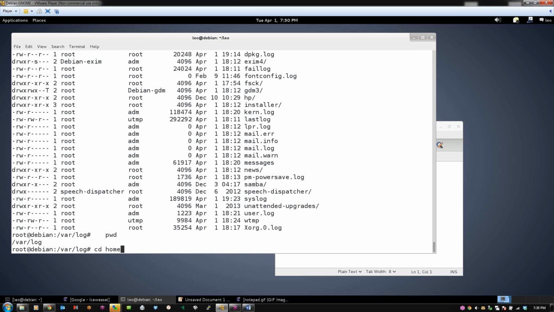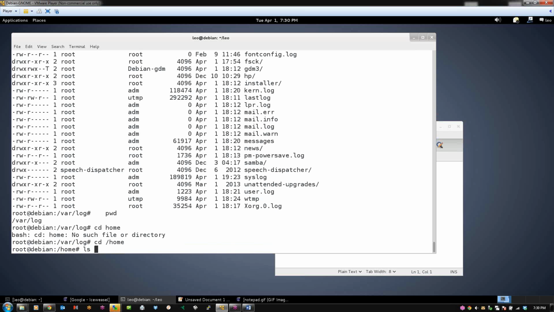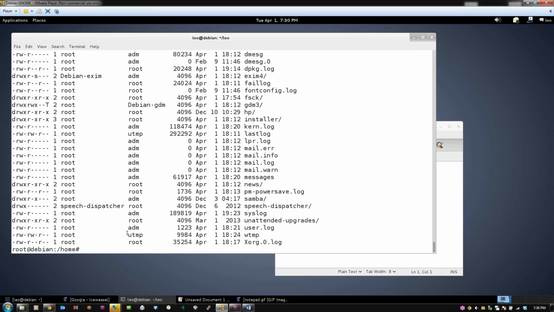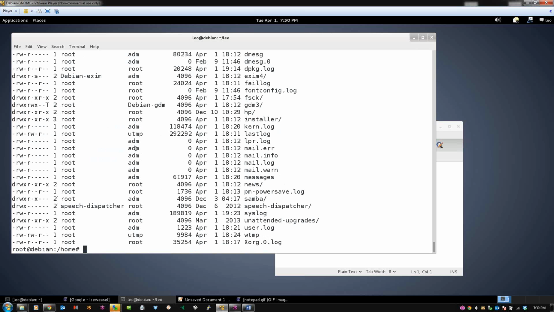But if I change directory to home, cd /home, and then I ls -lF var log, you can still do things in relative terms. Okay, I'm in my home directory, but I'm displaying the contents of another directory. So that's again working inside and outside of the path. There are times where I don't necessarily feel like moving the directory. I just want to stay where I'm at, and then just tell it to go put things in another location. All right,